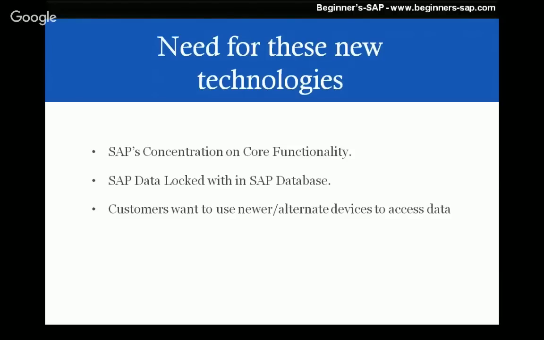So basically, what does that mean? See, customers are really bored using the SAP GUI and SAP portal all the time. They want to use newer technologies, smartphones, tablets, and different kinds of browsers to access their data which is there in SAP. But unfortunately, using ABAP and the current knowledge that we have, it is not possible to access SAP data through any of these technologies, right?